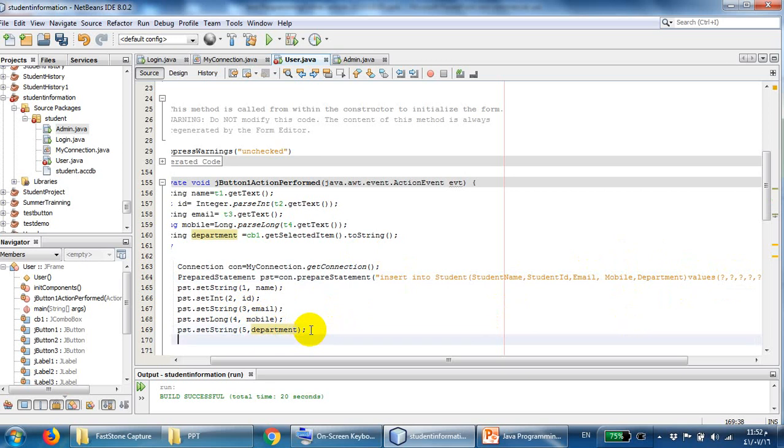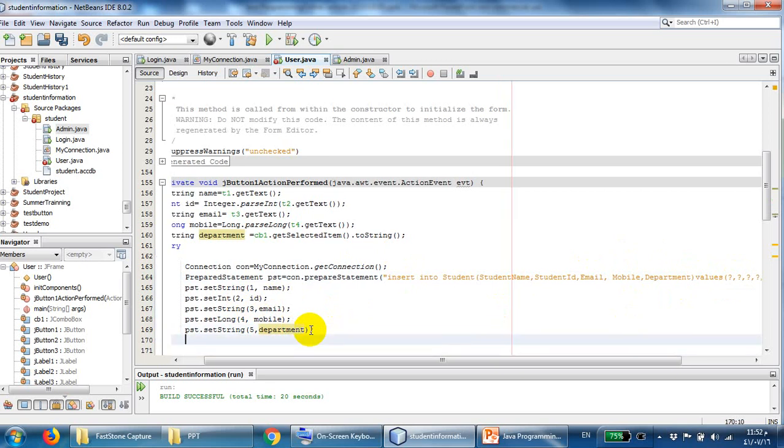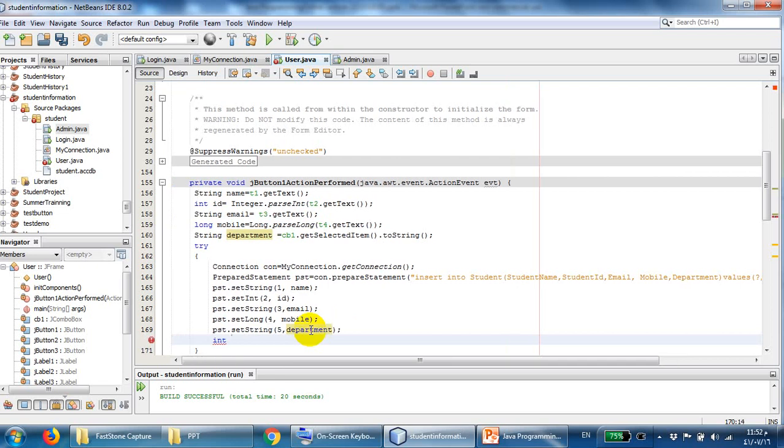Next, we will give some message to the user, like, do you want to save? For that we will make use of JOptionPane. I have already explained JOptionPane in the previous classes. I am using that one. Int, meaning you will get the value 0 or 1 like this. JOptionPane dot show